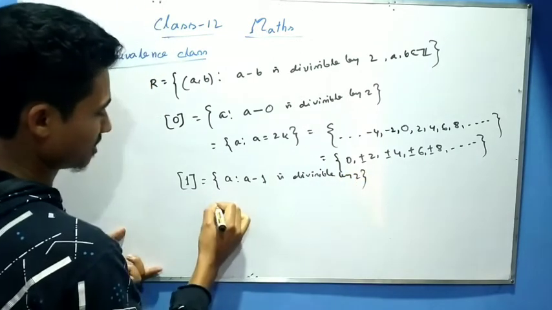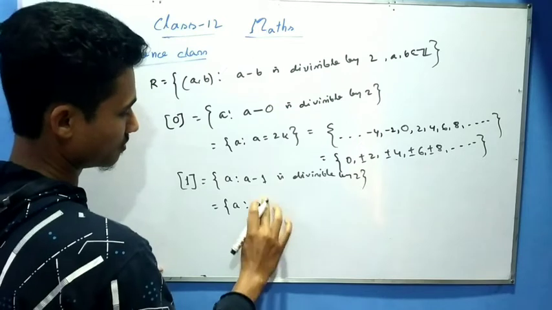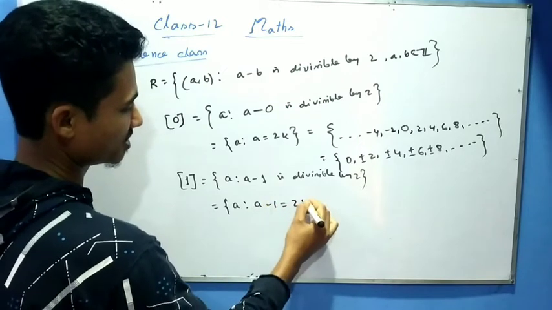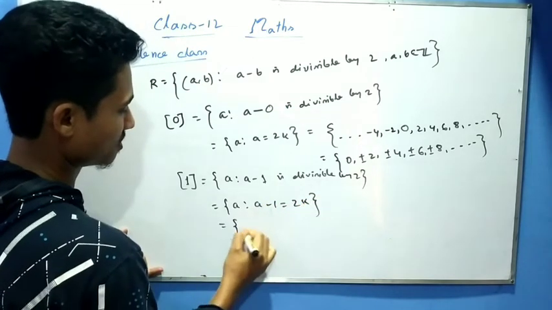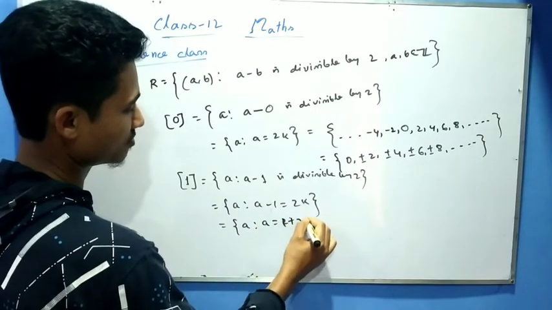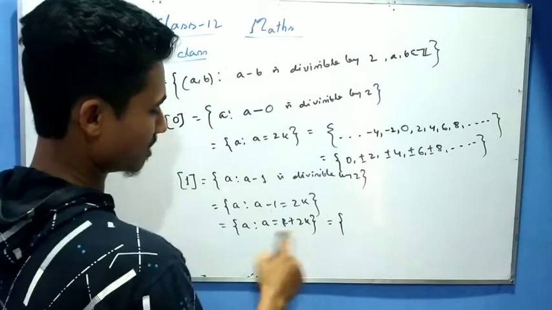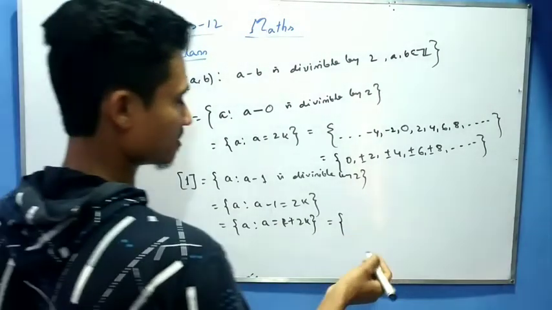A such that, we have to replace b by 1, a minus 1 is divisible by 2. You can say a such that a minus 1 equals twice k. This equals a such that a equals 1 plus twice k. So what are the possible values? 1 plus twice k, which type of form is this? This is